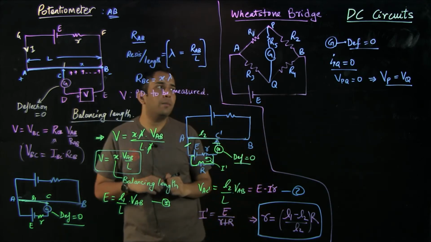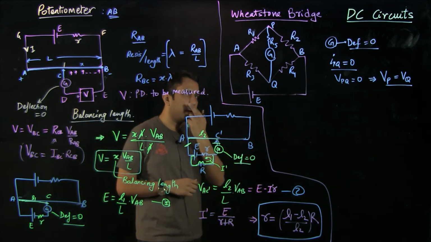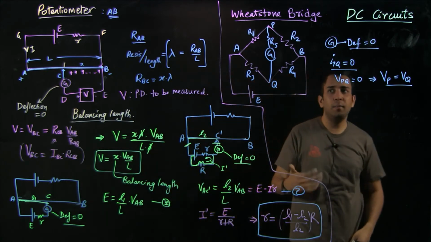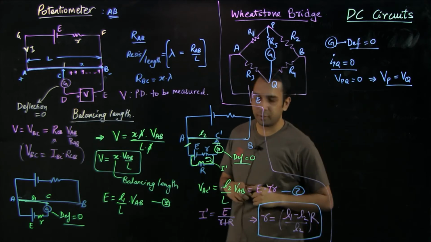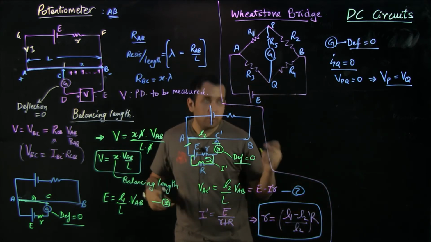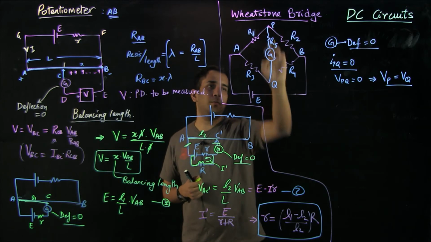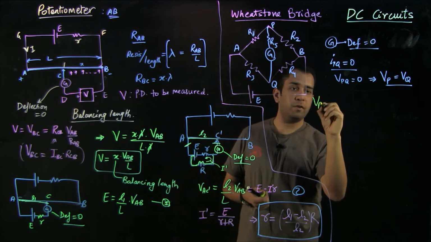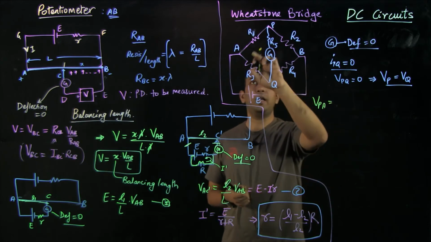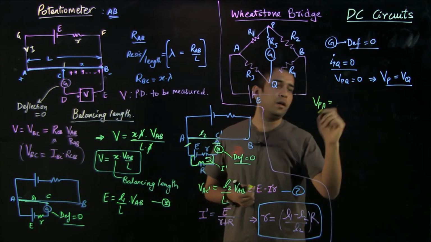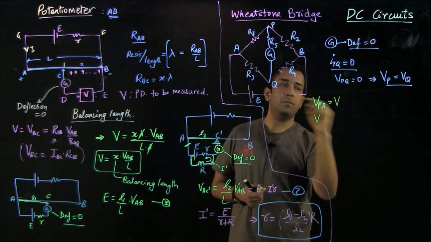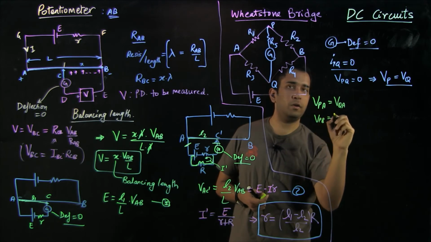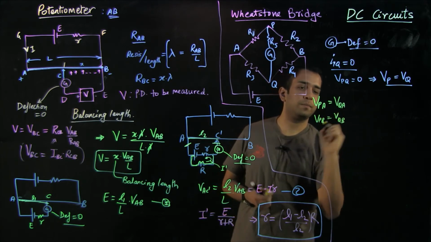It is a very important property, and now let us recall a couple of things which we earlier discussed. Let us come into that after we find out the special property of the Wheatstone bridge. So we know that now the potential of P and Q is the same, and A is a single point, so we can find out that VPA, the potential difference between P and A, should be equal to the potential difference VQA, and the same with VPB equal to VQB.